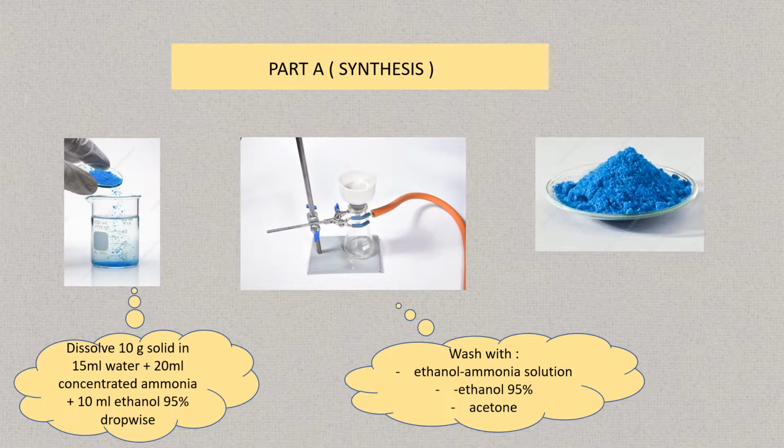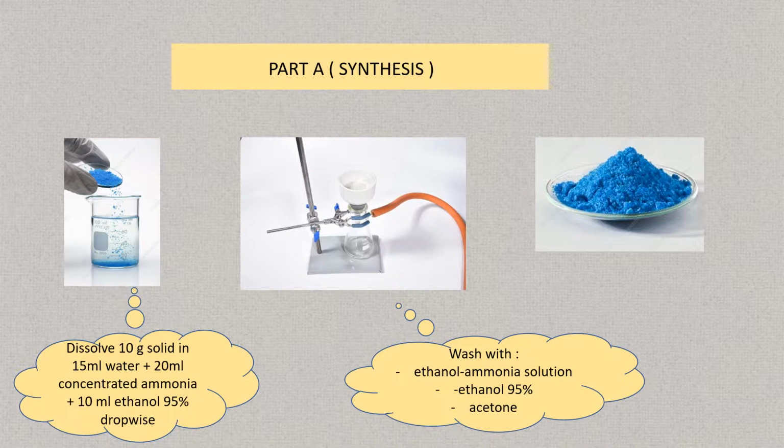Part A. Synthesis. 10 g of CuSO4·5H2O is weighed and transferred into a beaker. The solid is dissolved in deionized water and 20 ml concentrated aqueous NH3 is added. Then 10 ml of 95% ethanol is added dropwise into the solution, stirring continuously, and cooled down to room temperature. Meanwhile, a solution of 15 ml of concentrated aqueous NH3 and 15 ml of 95% ethanol is prepared and left in the